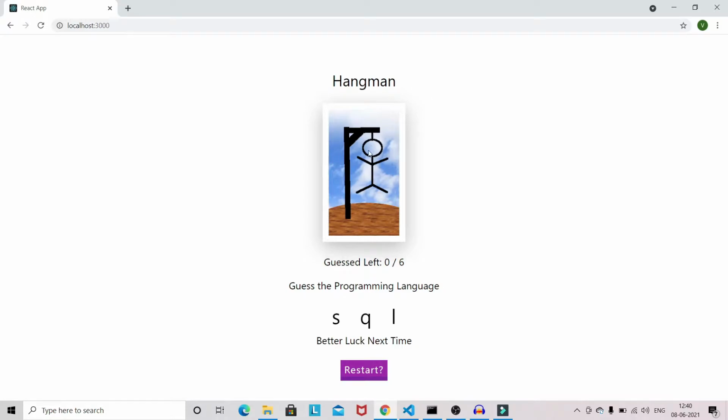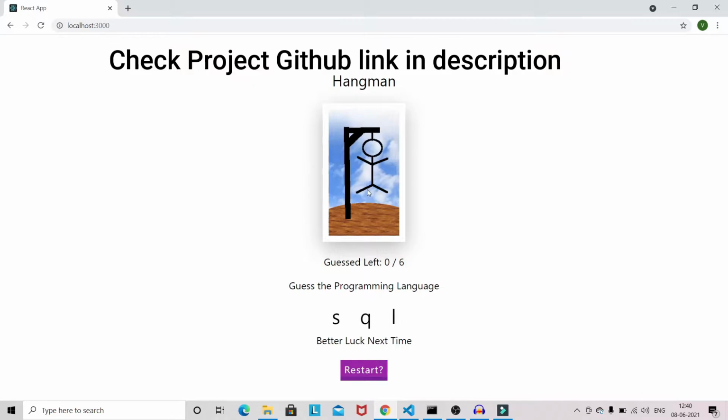And this guy got hanged. So this is the human structure. For this, I have used images. I will provide all the images and the CSS file related to this project.